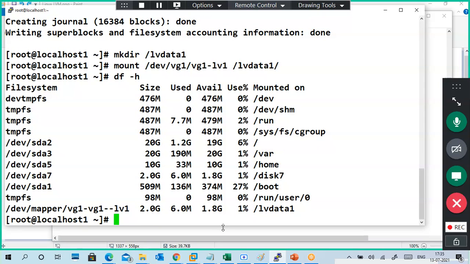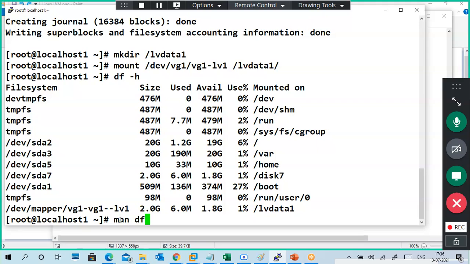Okay, so this is the 2 GB. Sir, df space hyphen h. What does df mean, sir? df represents the mounting table. Correct, display. Okay, fine, sir. man df.